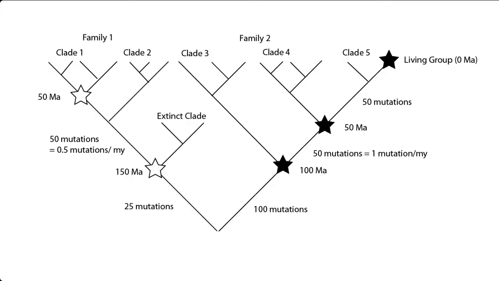Now here's an example. The branching diagram shows the relationships between a number of different groups of organisms represented by clades or families. We have various dates, the stars, and measurements of the number of mutations that have occurred in the branches of the phylogenetic tree. From these data, we estimate that the rate of mutation in the black star group is about 1 mutation in 1 million years. So, given that there are 100 mutations between the common ancestor of both the black and white star groups and the oldest fossil date, that black star at 100 million years, then the common ancestor must have lived about 200